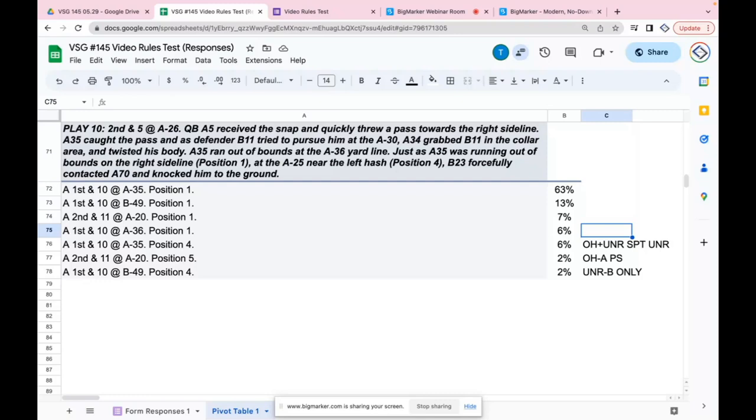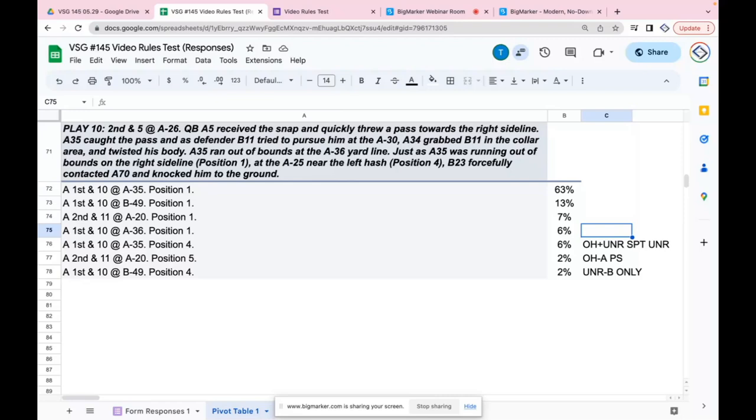Really? I never heard that. Think about 3-and-1. The only spot of the foul that matters is the offense's foul behind the basic spot, and then everything else has to sync up to that. The spot of the defense's foul never matters unless it's DPI within 15. So we can't use the spot of B's foul as really anything. Now, B being the defense. If it's a change of possession and now B's the offense, that's different, but that didn't happen here. So no, we can't do that.